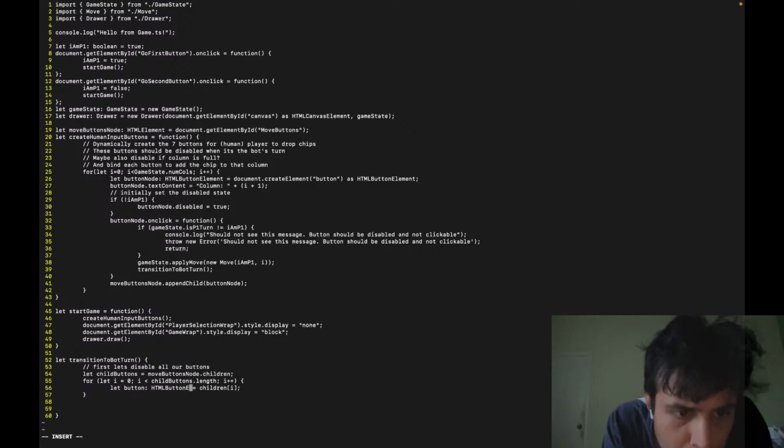HTML button element equal to child button if I has that looks good. And then button dot disabled equals to true. And then